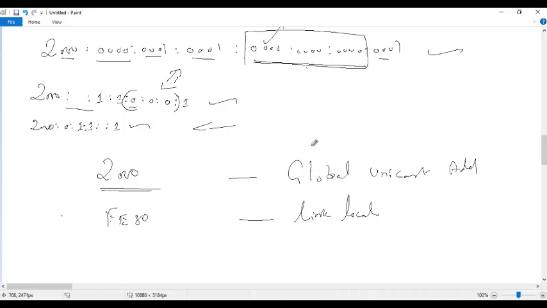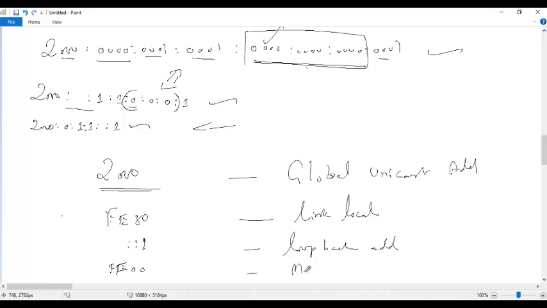FF00 is the multicast address. So these are the address types that we have.